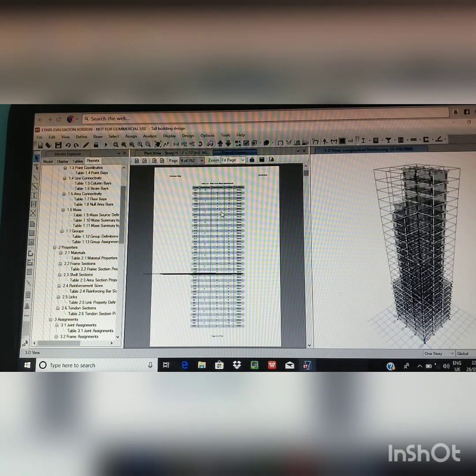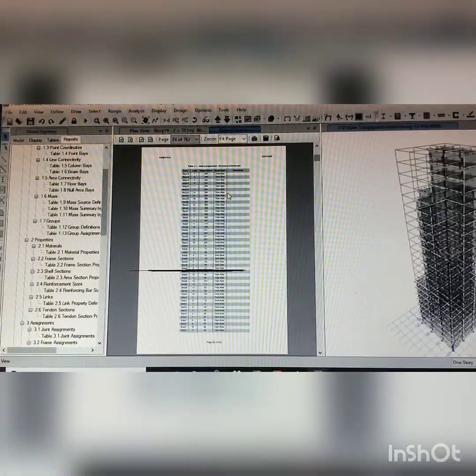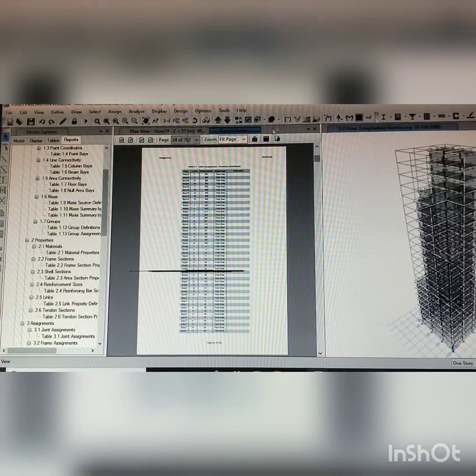Here project report is. We can see the report from here.